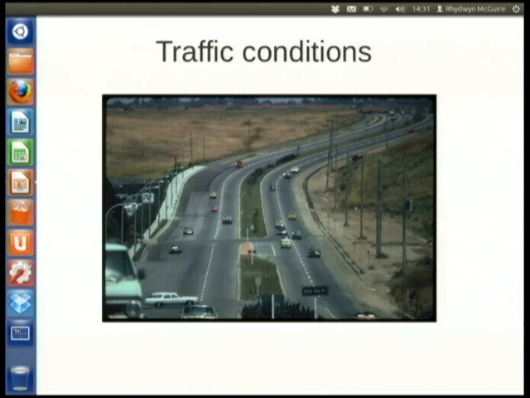There's traffic conditions: minimising the traffic congestion, where to put traffic lights, the sequences of those lights is a mathematical optimisation problem.